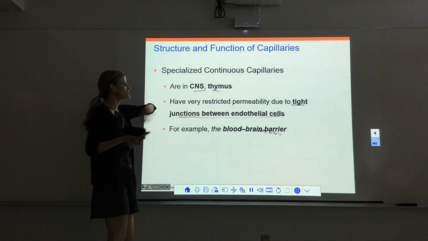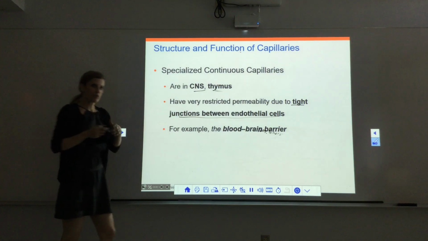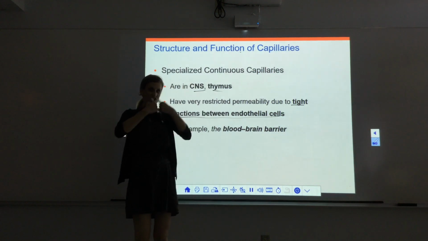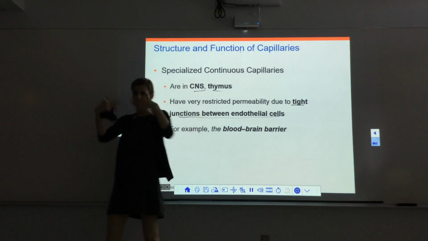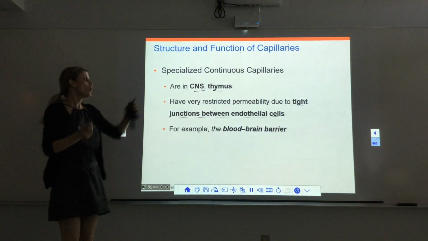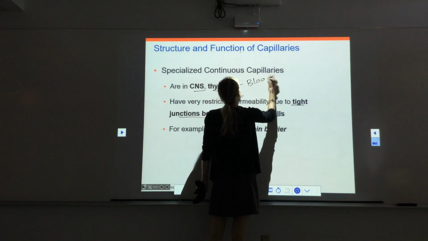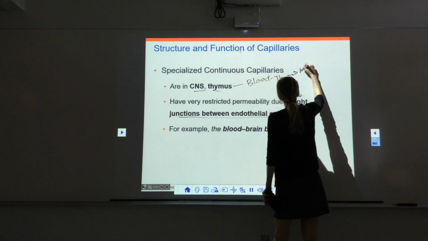In the brain, we looked at this when we did neuro. This was what the blood-brain barrier was. Remember when we looked at the blood vessels in the brain, we said we have this blood-brain barrier. The tight junctions between the cells make it really hard to get into the brain or to kind of infiltrate that area. The reason we have it in the thymus, so the blood-thymus barrier,